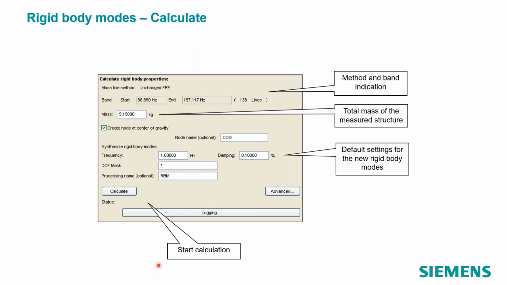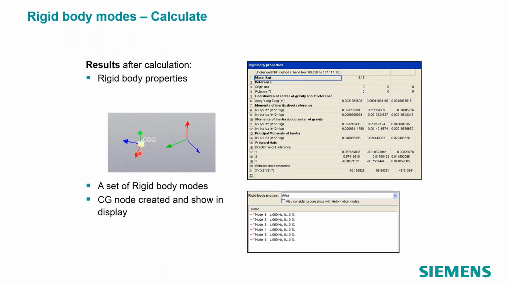And then again, we give you these same results. Larger screenshot of what you have to populate. There's some additional settings under this advanced button. And then you can look at the center of gravity. If you turn on the node and the Euler angles, you're going to see the directions of the principal axes. Here it looks like we've got the origin turned on as well. So the right picture is the origin, and the left one is the node at the center of gravity and